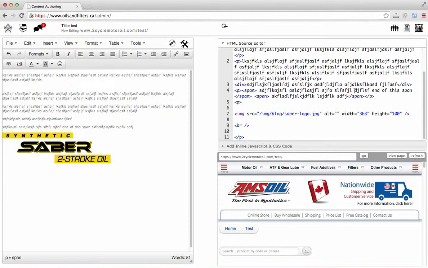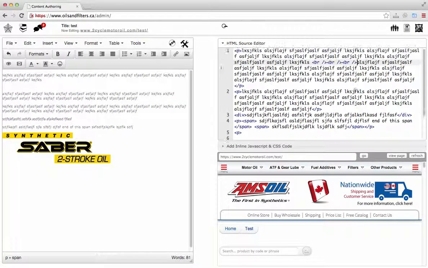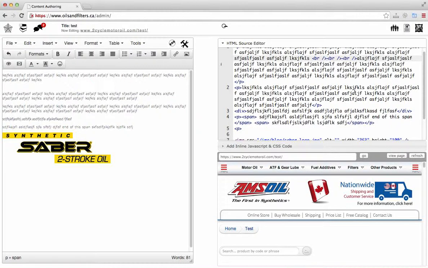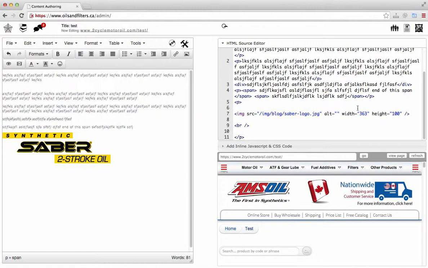So break tags and image tags are two good examples that do not follow opening and closing, but every other tag that is used as a container to hold content must be opened and closed. There are other tags, like form tags to hold a form, which I'll explain in another video, and you can learn more about how HTML works. Fundamentally, it gives you more control and lets you read